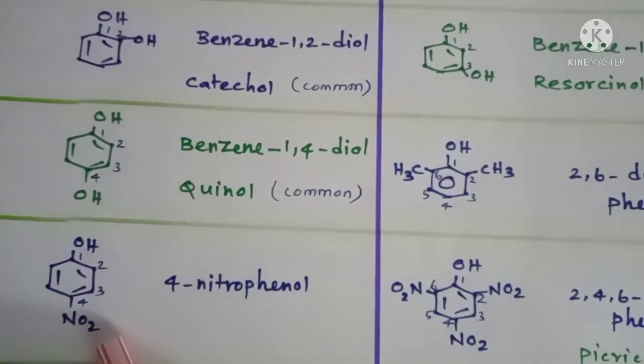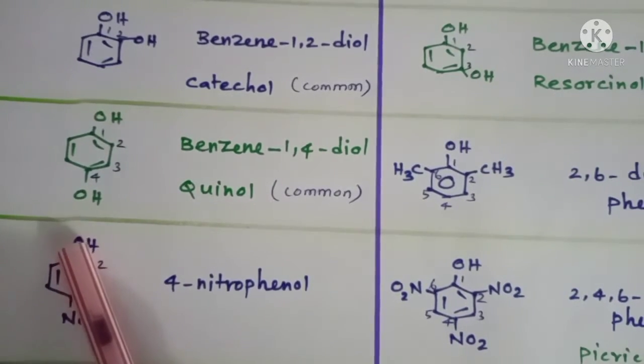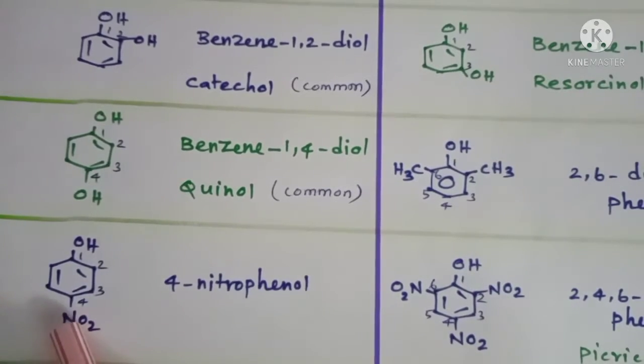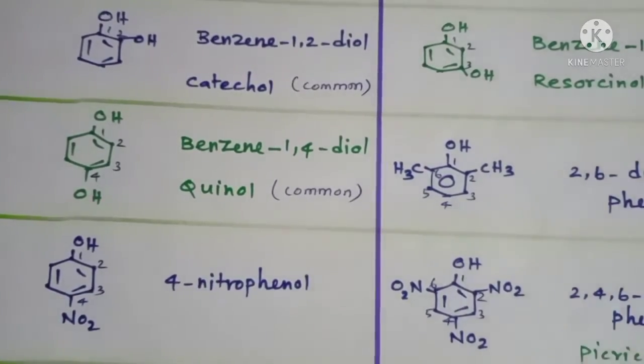So next look at this compound. A phenolic compound which has an NO2 group, isn't it? NO2 is nothing but a nitro group. So this is supposed to be nitrophenol. Give numbers from the OH carbon, so that the NO2 carbon gets number 4. With the NO2 group attached at the fourth carbon in phenol, so 4-nitrophenol. What is it? 4-nitrophenol. Okay, right.